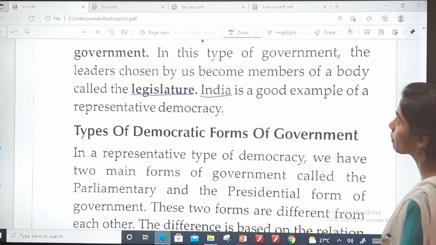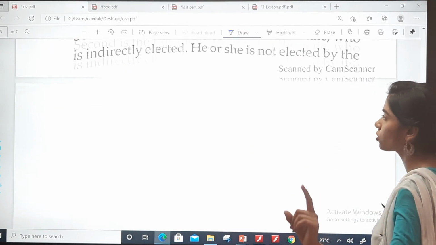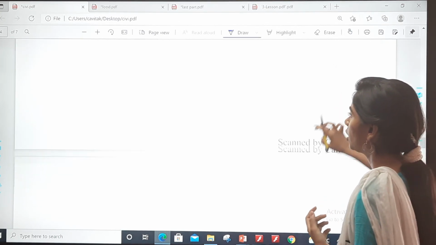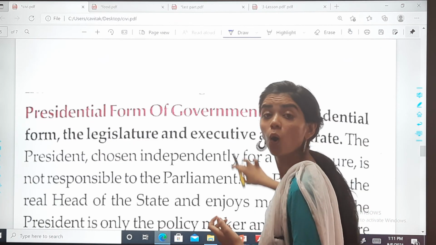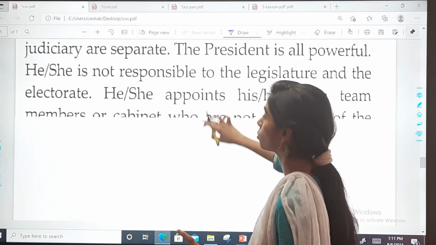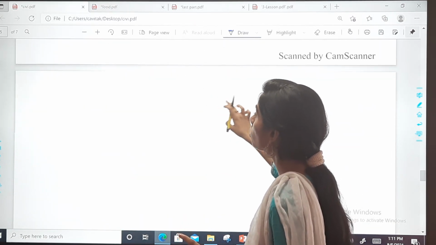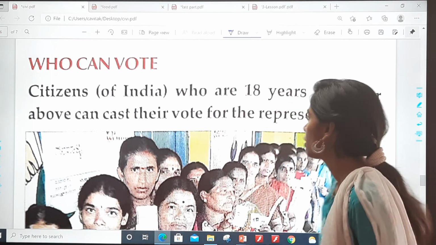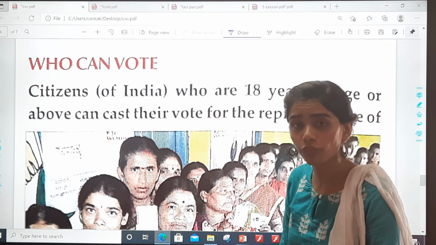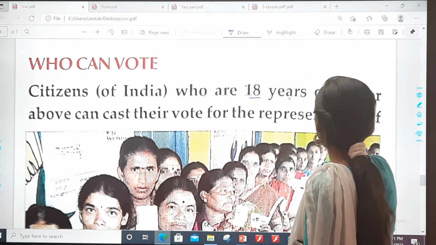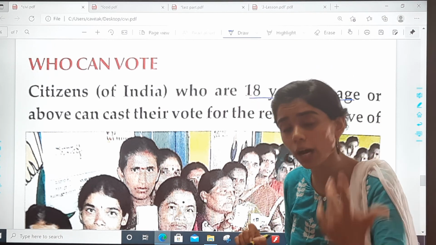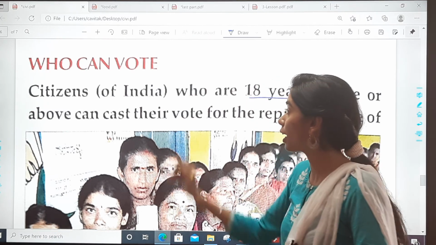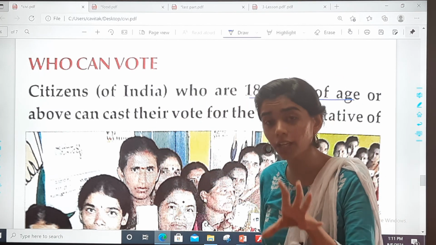Okay. Now, moving back to the last topic that we had discussed. See, the last one. Which was the last one? Who can vote? Okay. Who is eligible to vote? Clear? So, the citizens of India who are 18 years of age or above can cast their vote. Okay. Those citizens of India